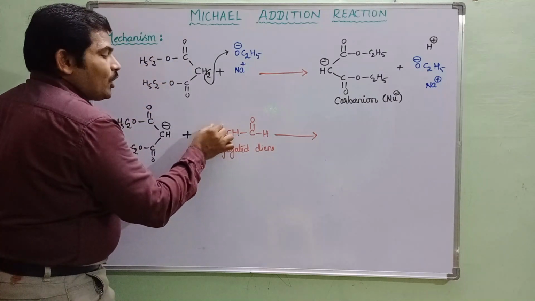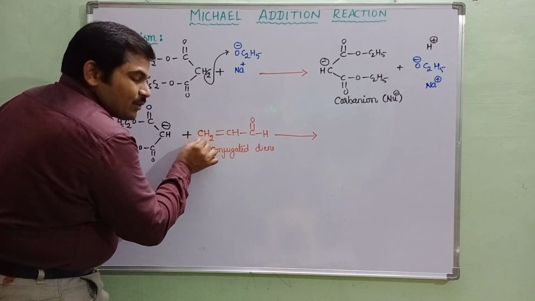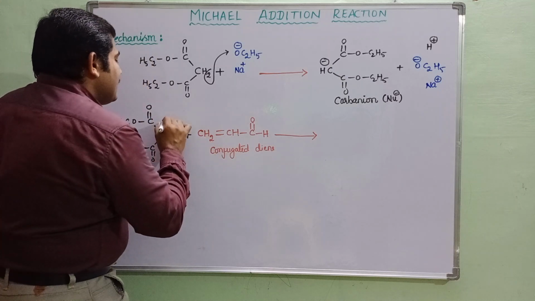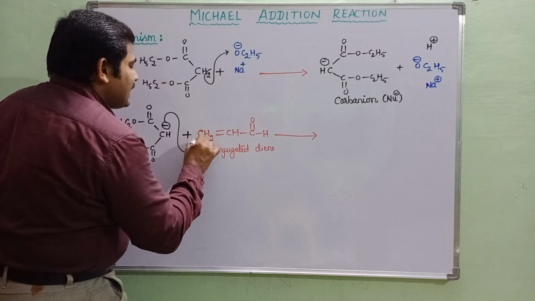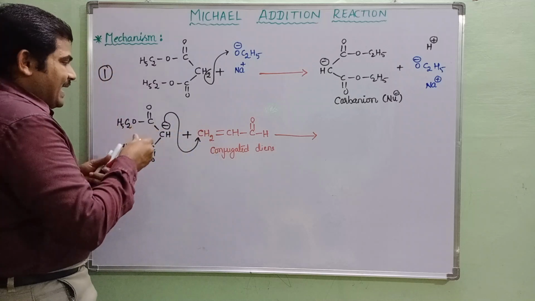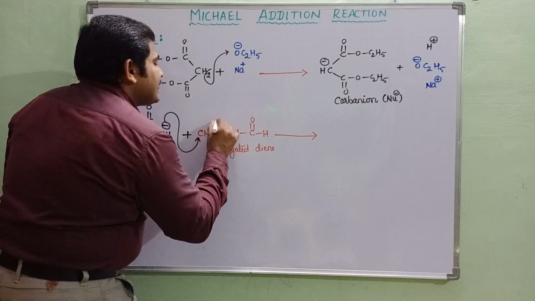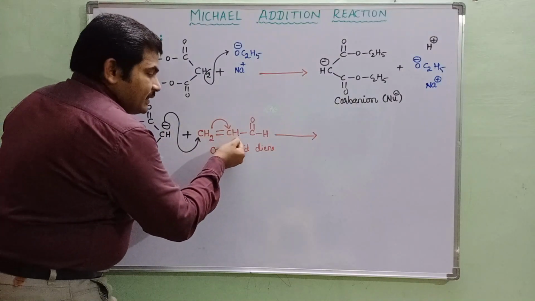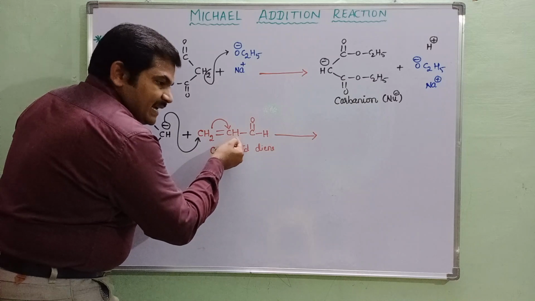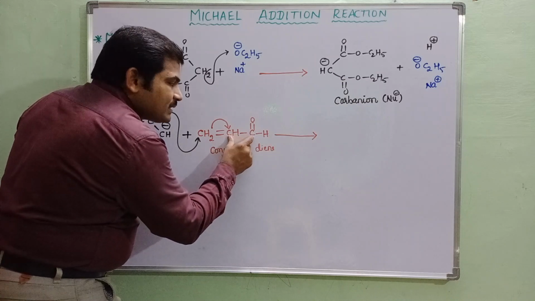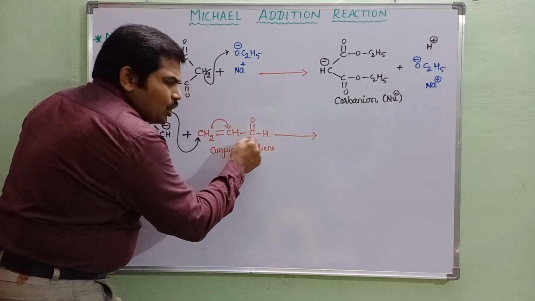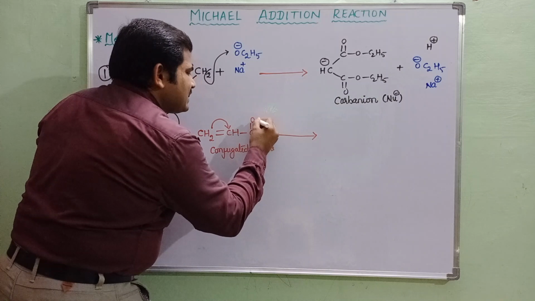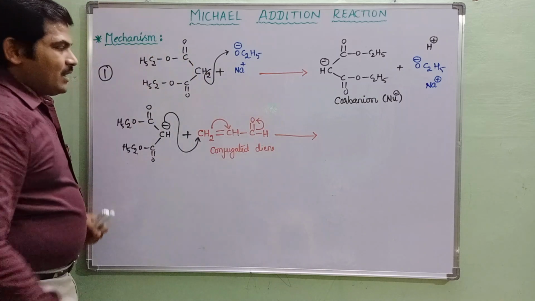Due to this weak pi bond, this is highly electrophilic in nature. So the nucleophile attacks this electrophilic carbon atom. Whenever it attacks, it migrates the pi bonded electrons to here, so this carbon automatically generates a negative charge. To compensate that negative charge, this carbon must bear a positive charge. No need, because the pi bonded electrons always tend more towards oxygen.